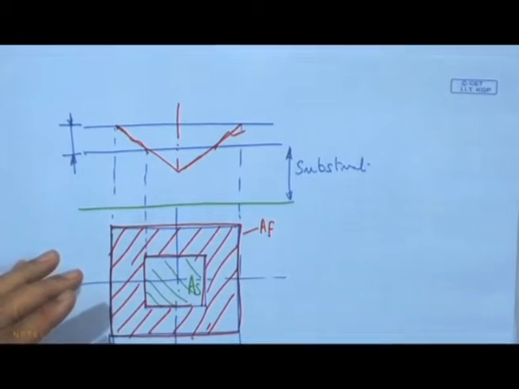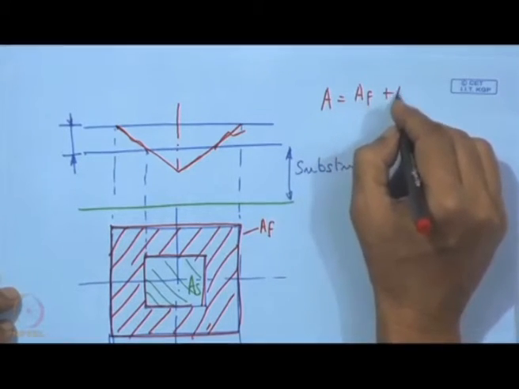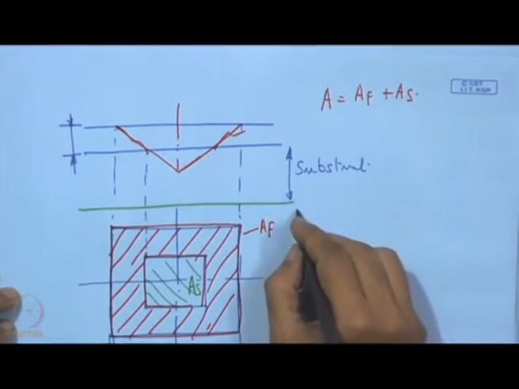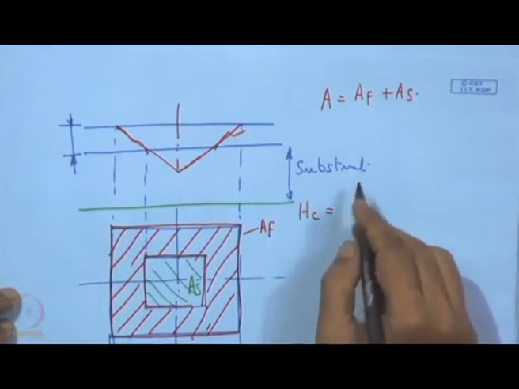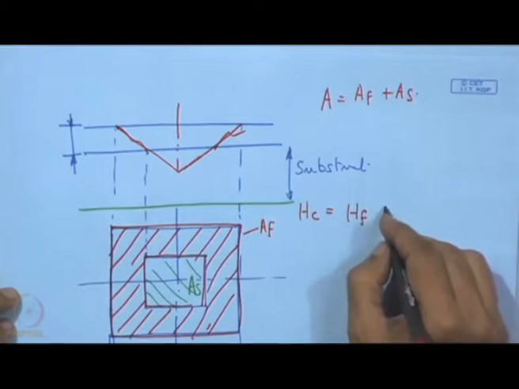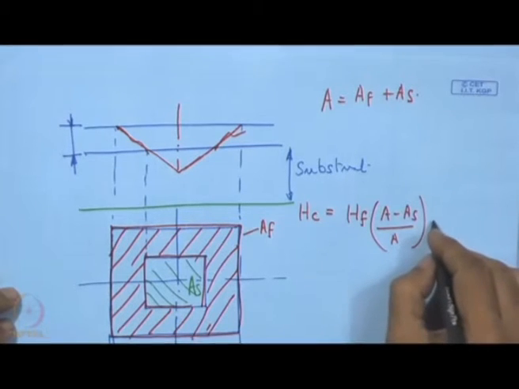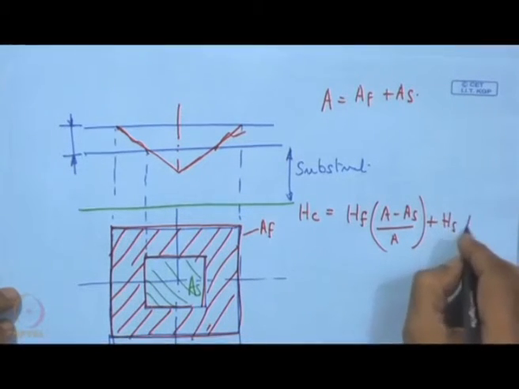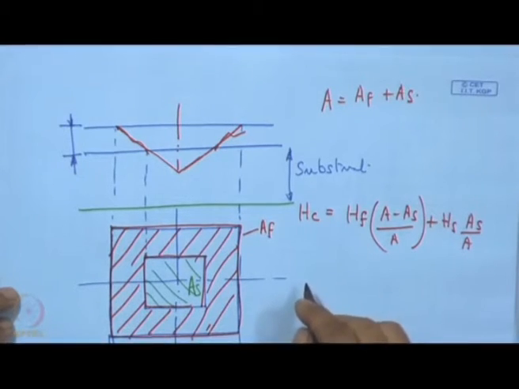Now, from this we can further write that A is equal to A f plus A s. So, we can have a substitution for this A f. So, what we can write here, A f is equal to A minus A s divided by A, and that is equal to H s by A s A. So, this is what we can write in this case,